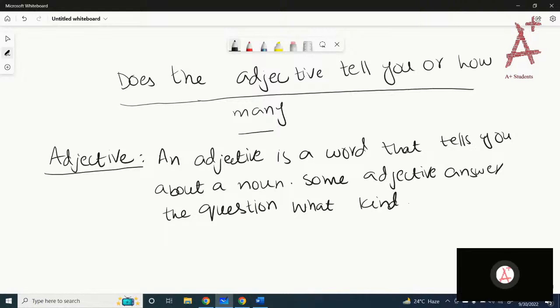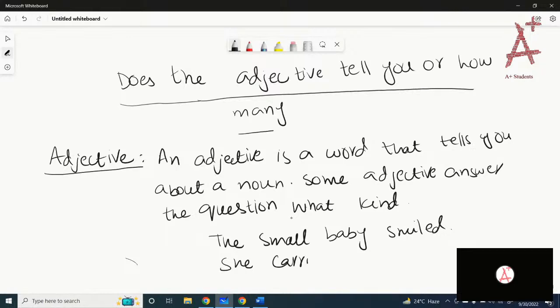Okay. So let me write down the examples. The example is: the small baby smiled, and she carried some books. She carried heavy books. So in these two examples, here